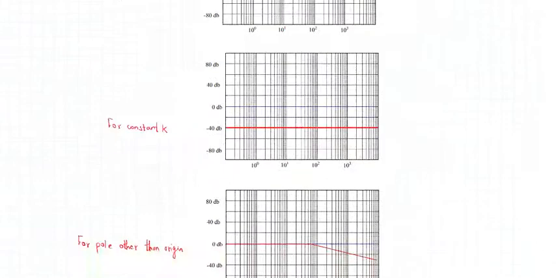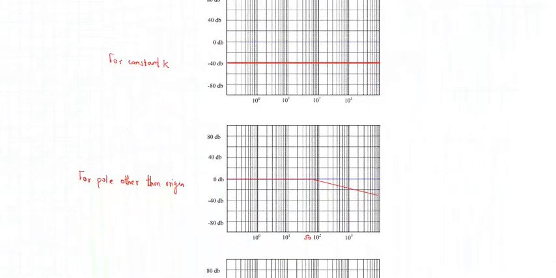Now we'll go to the next part of the magnitude, for the second part of the system, which is pole other than at origin. The first part we did for the gain. Now we'll plot the magnitude for pole other than at origin. As just discussed, the characteristic of the magnitude plot is 0 up to omega n. And what is omega n? For the given problem, it is 50. How is it 50?